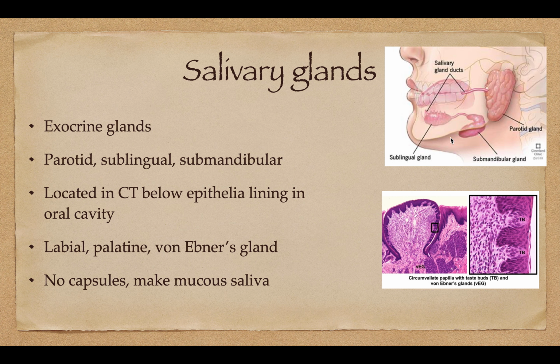So what is saliva? Saliva is a mix of enzyme and mucus, and it has several functions: swallowing, digesting. The IgA will limit bacterial growth, and it has a high bicarbonate content, of course. The production is stimulated by the parasympathetic system and inhibited by the sympathetic system. It's stimulated by smells too. Atropine will block the parasympathetic action, and